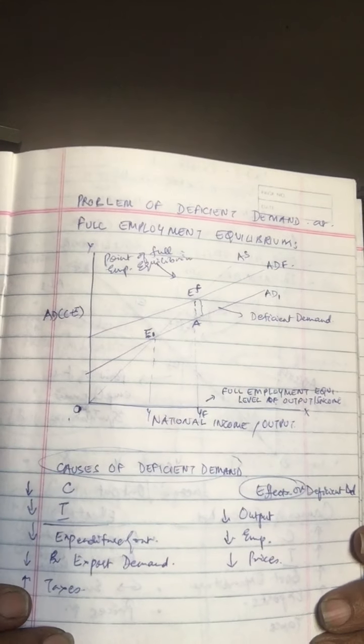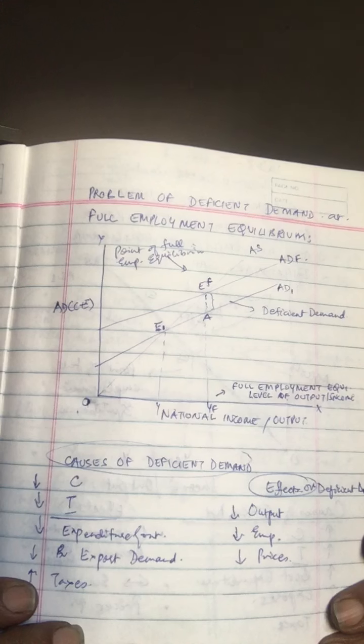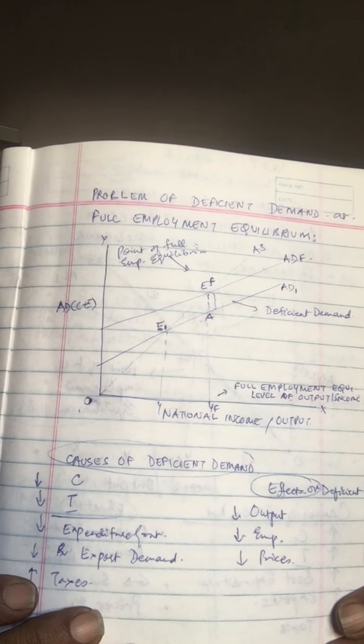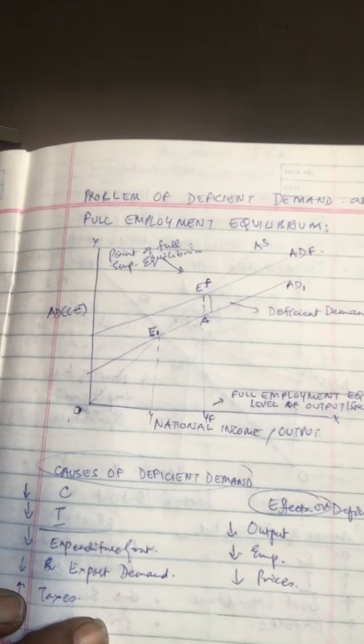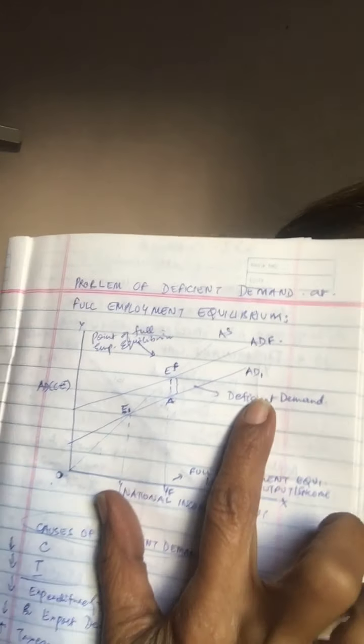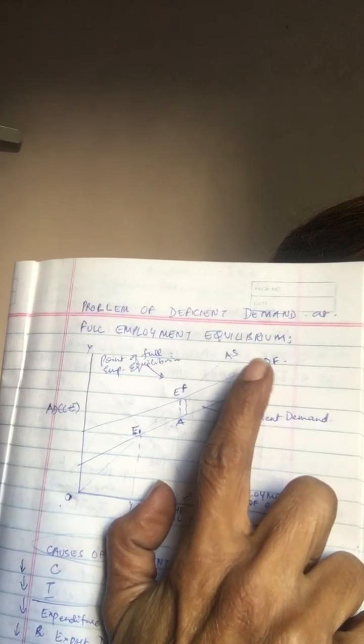So I'll just give you this. See, we made this diagram in which you see that at the full employment equilibrium, aggregate demand is much less. So we have to make sure that it is pushed up. From, say, this is the current one, this has to be brought up here. We have to push it up. This gap is what is known as deficient demand. So the aggregate demand right now is less at full employment equilibrium. That has to be brought up to full employment equilibrium.